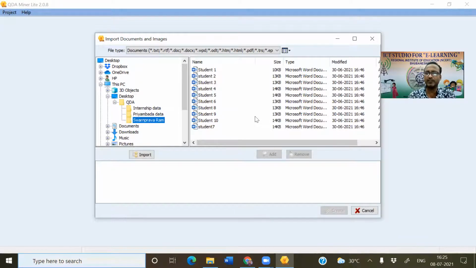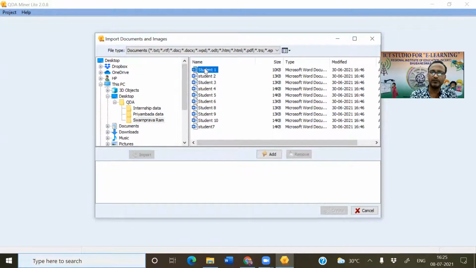Now the 10 cases means 10 individuals, 10 samples. I can import them one by one, or I can import all the data into the system at a time.